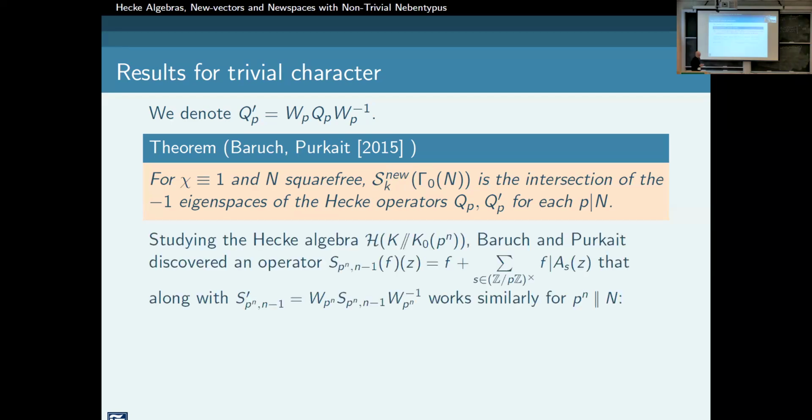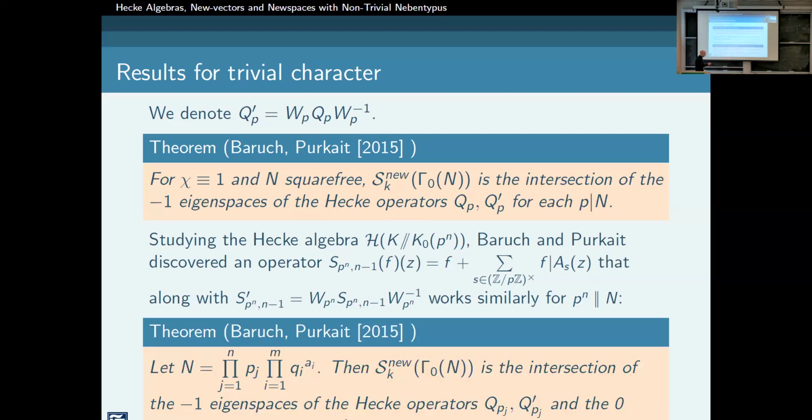And they didn't stop there. They studied this Hecke algebra, where this is the maximal compact subgroup, GL2 of Zp, GL2 over the integers. And they found another operator, which also does the trick for non-square-free. So this is the most important fact, in fact, I would say, because for a square-free level, we have, even in the half-integral weight case, a newform description, somewhat. But here, for the non-square-free n, this is where the point really is.